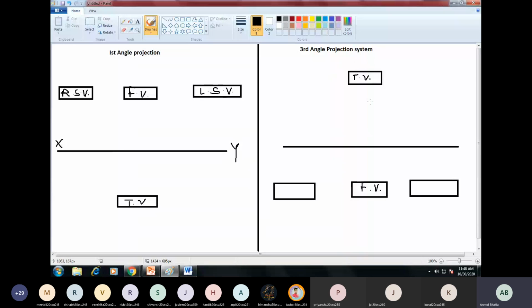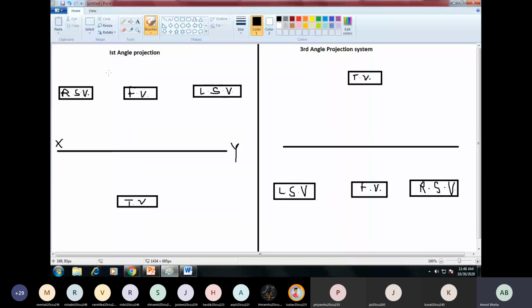But if we are using the third angle projection, as compared to the Indian system, it is easy. So इधर left side view left में ही represent किया जाता है और right side view right में ही represent किया जाता है, ठीक है? आप समझ रहे हैं, concept समझ रहे हैं आप side view का?